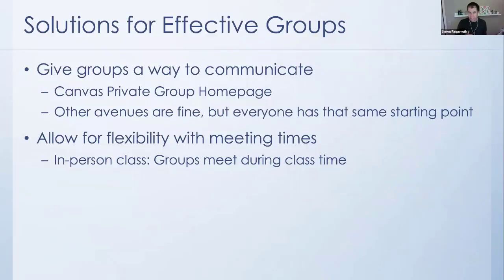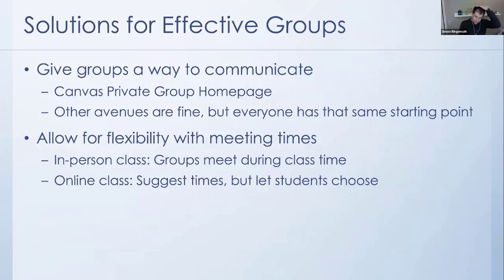I tell my students when I teach face-to-face, I say, okay, we meet Thursday in room 104 classroom building from 9 to 10:15. Your group doesn't have to meet in class. You can meet wherever you want to, but you've got to meet somewhere. These kids meet at the library. They meet at Eskimo Joe's. They meet at their dorms. They meet on the library lawn on campus. But they meet during that 9 to 10:15 class time. And I hold them accountable for that. And allowing them to decide some of those things, like where we're going to meet, that helps them take ownership of the group. If it's an online class, suggest times, but let the students choose.